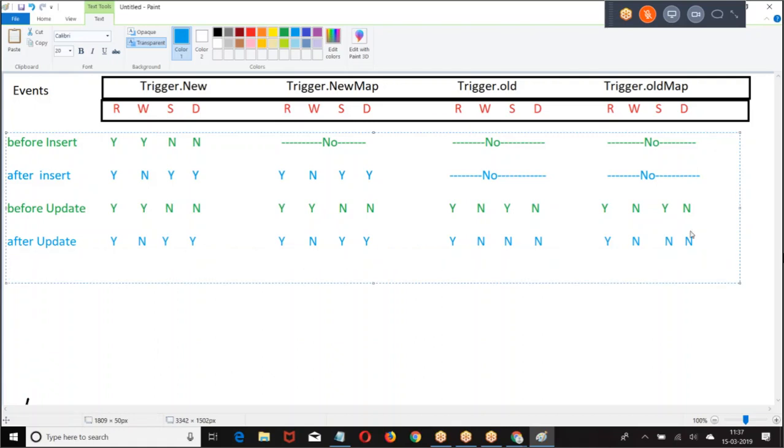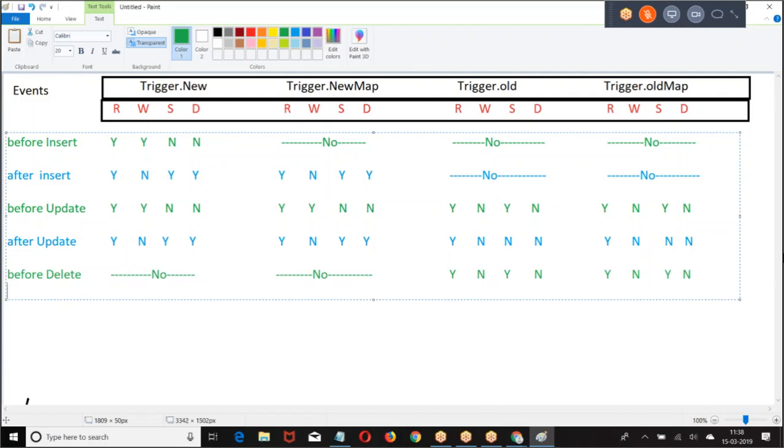The next, delete. Before delete. In delete, there is no concept of Trigger.new, only Trigger.old. Old is always meant for what? Old data.